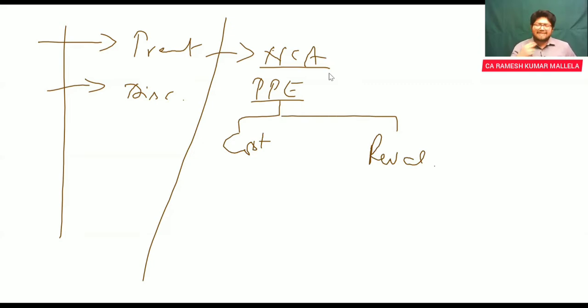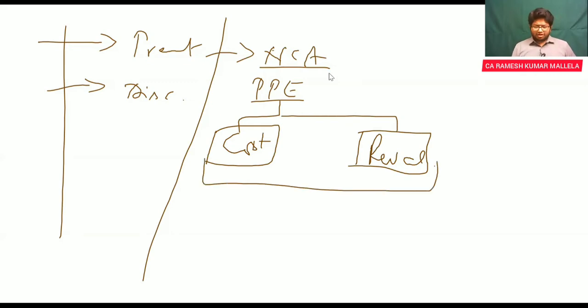Now, what the standard says is whatever assets were there in your balance sheet till now, they would have undergone either cost model or revaluation model. These assets which are identified to be held for sale, or you are discontinuing the operations, should no longer continue to be valued or considered as PPE, in which accounting would be done as per cost model or revaluation model. Instead, what the standard says is they are to be brought down to